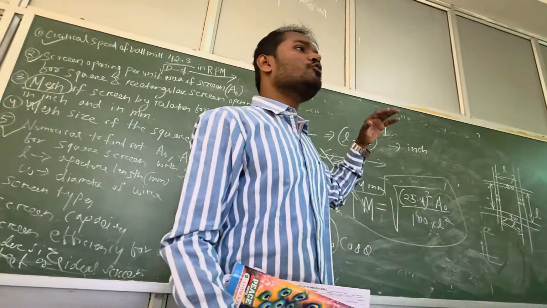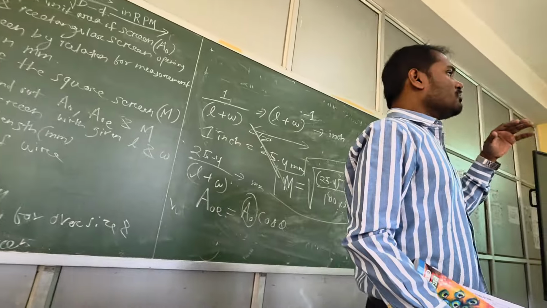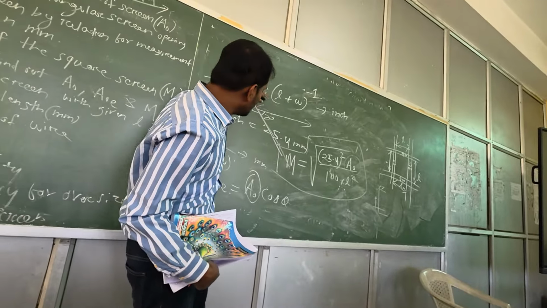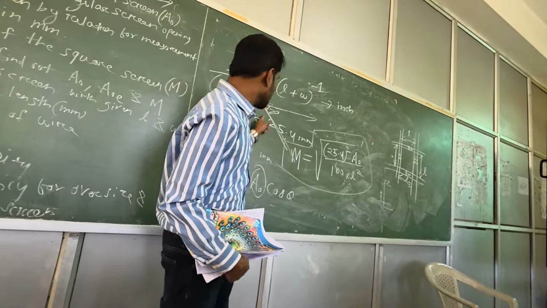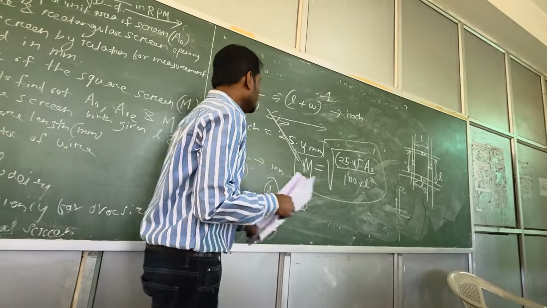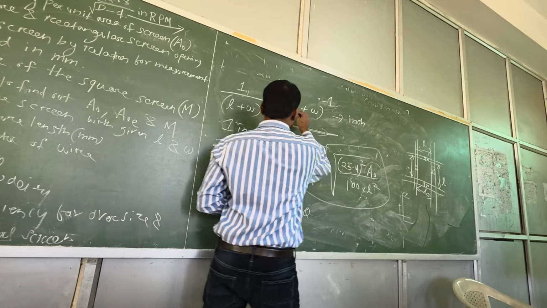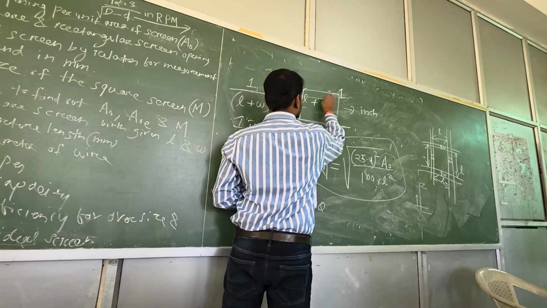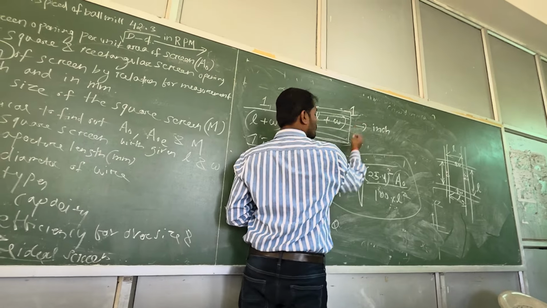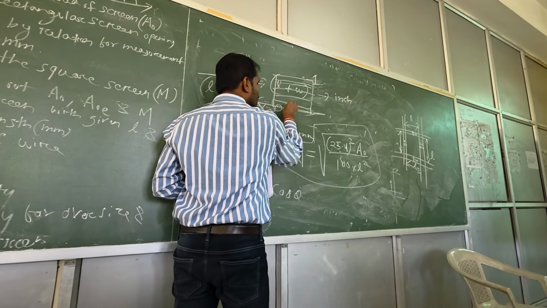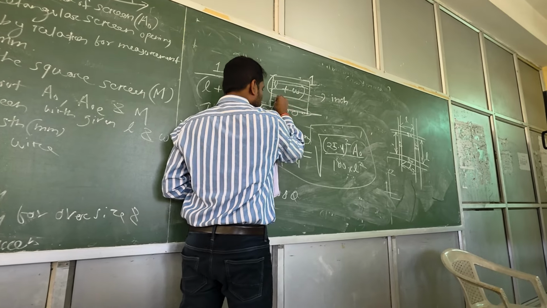Why? Because you understood we want to use the gravitational force. Because if you incline the screen, what will happen? If you allow the mineral to fall, they will easily go down and screening will be more effective. Why? Suppose this is the inclined screen and this is the horizontal screen, fine? If I put the mineral like this, in different layers of minerals, what will happen? Only the bottom layer of the mineral is interacting with the holes, right, the aperture. So it will pass away.